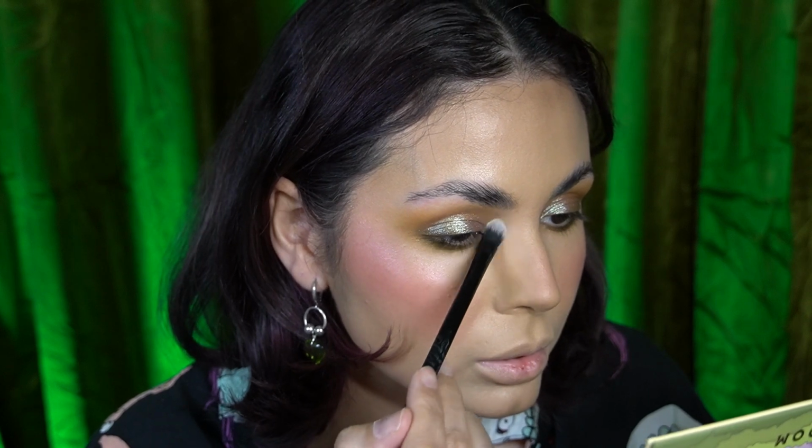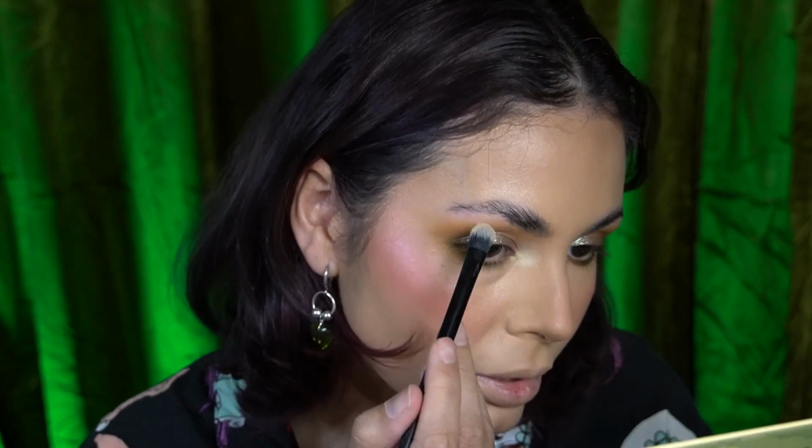Let's see here. This is clean. I'm gonna go in with Puffball, which is the nude, and just kind of highlight the inner corner with a matte. Yeah, that looks good. I feel like you see it more on camera than I do in real life. Oh my god, things are falling. Yeah, and that's